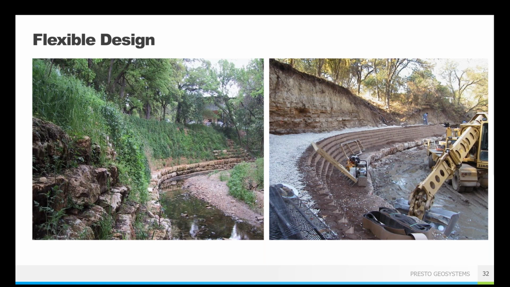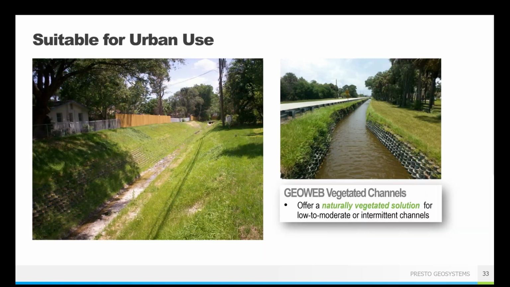Like I said, again, you can do that mix. In this case, this was another mix of concrete and vegetation, but it was good for urban use. So don't think that this has to be large industrial projects only. If you're working on residential projects, or you're trying to go through urban environments, building a channel behind a row of houses, this is a great application for that. And doing retaining walls can be a good thing if you do have that limited space.